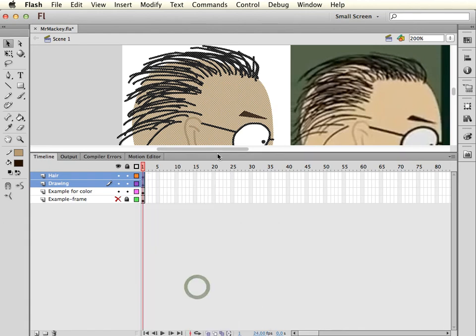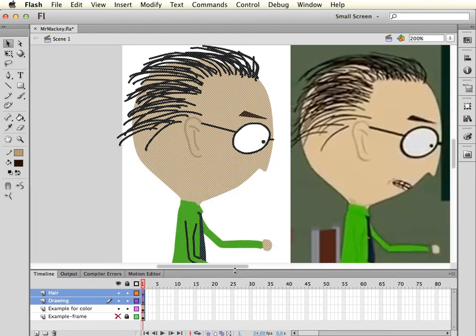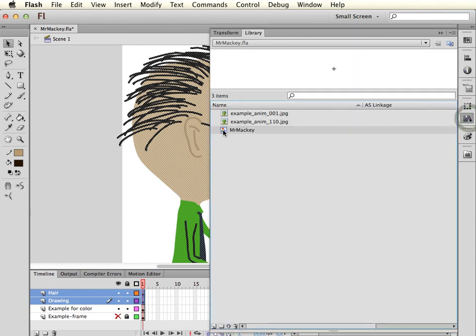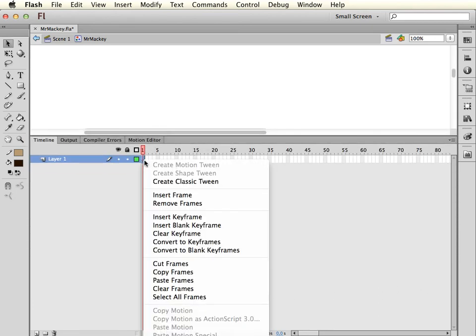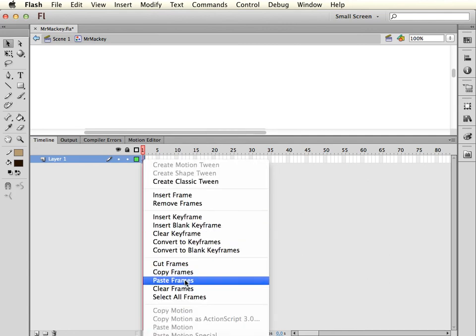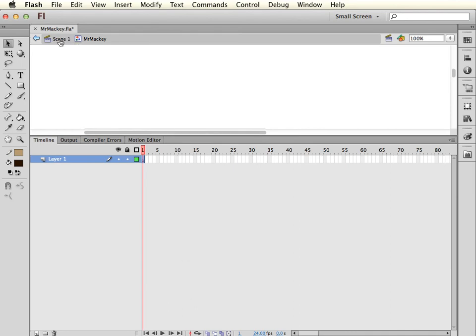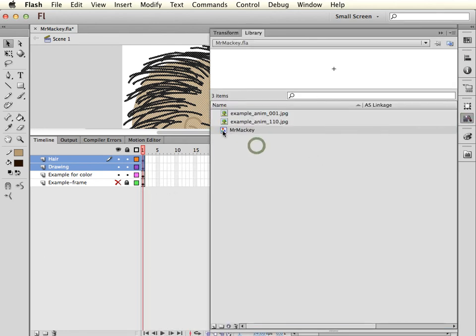Now I mentioned before that the normal copy, Command C or Control C, is not the same as copy frames. So now I'm going to go to my library, open up the graphic, right click on this empty keyframe, which you can't see, and then select paste frames, of course. I need to go back because I lost the copied frames. Go to the library, open the graphic symbol,